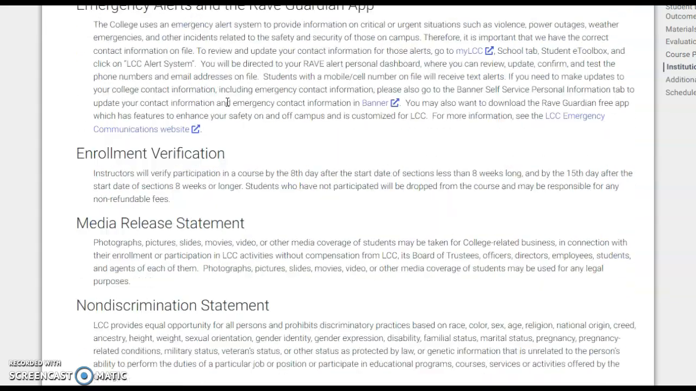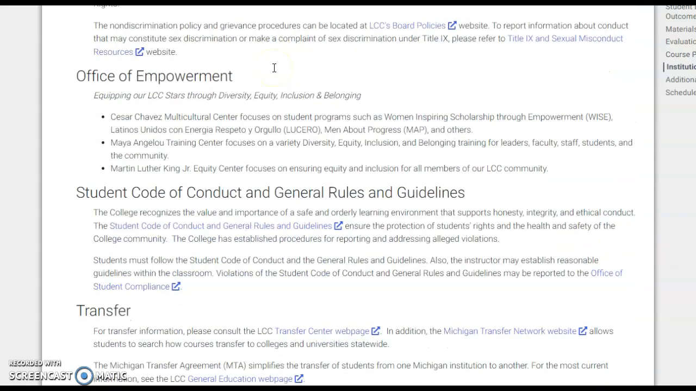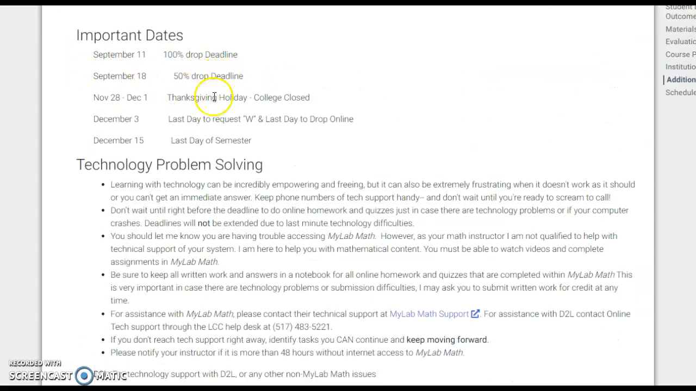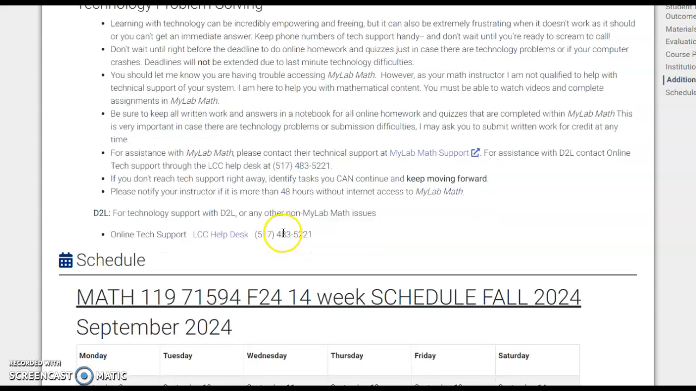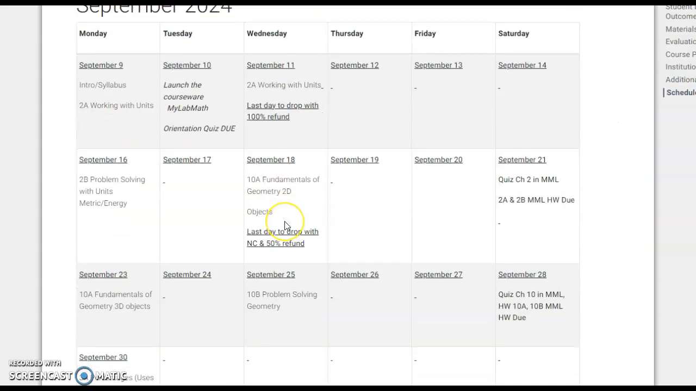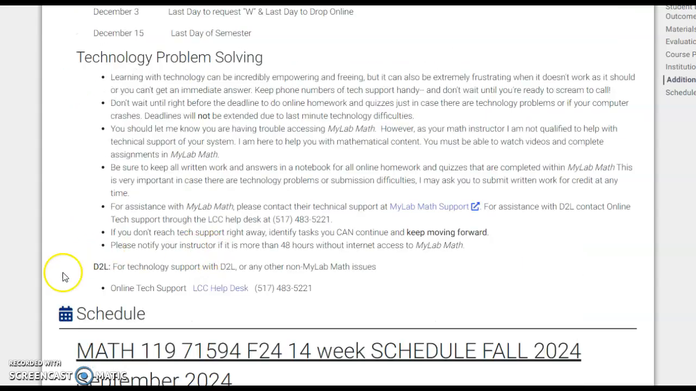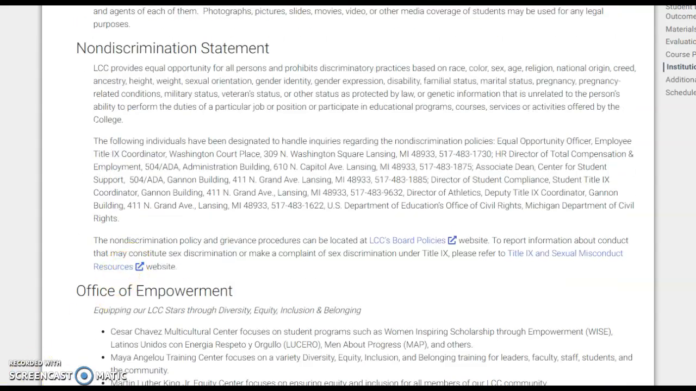When we scroll down all the way to the bottom, now all this stuff is important, so you want to read through it. But when we get to the bottom, you have some important dates through the semester and any tech problems you have. You can find information about it here. And then at the very bottom, you have the schedule for the course, the same schedule that you can print out. So that is a rundown of our class,